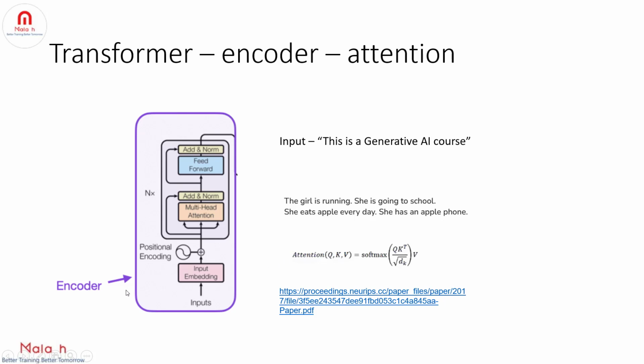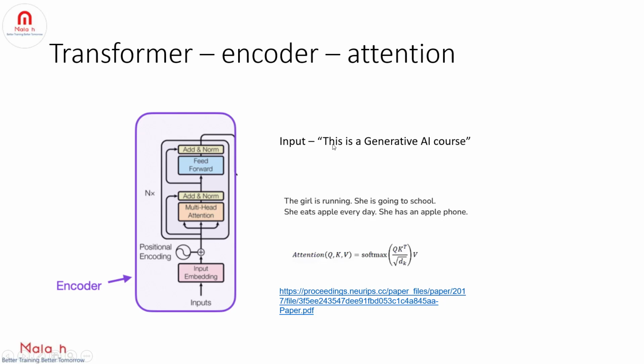Now with this positional encoding, the model knows the position of each word and which word comes closer to each other word, right? So is AI closer to the word course, or is AI closer to this, or is AI distant to the word this, right? So with this positional encoding, the model is now intelligent enough to understand the position of each word and which word comes closer to each other word. But is this sufficient? We also need to know how each word is related to each other word, right? So that is the correlation, right? That is the relationship between each word with respect to each other word.